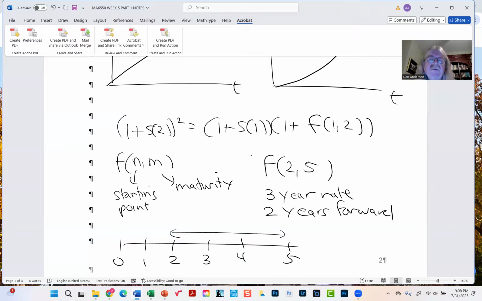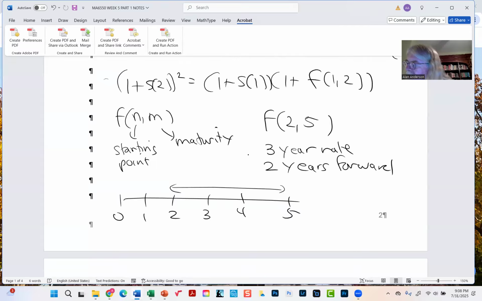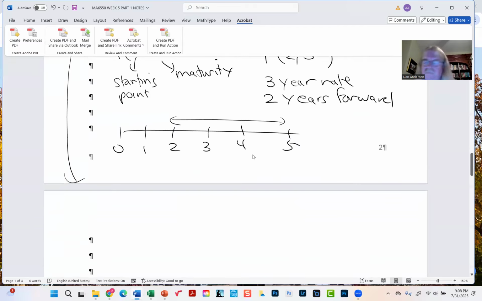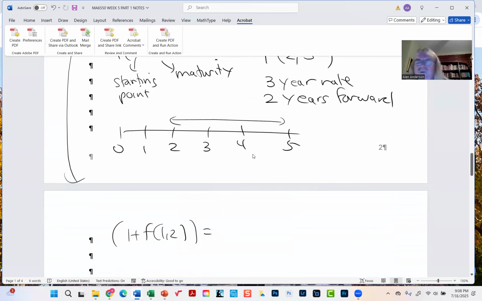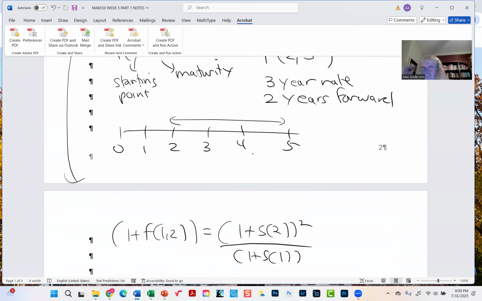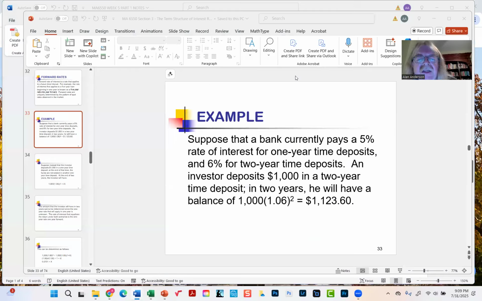Okay, so for this simple case, we can now solve for F12 by rearranging this algebraically. And you'll see that what we've got is (1 plus S2) squared over (1 plus S1). Okay, so if we have a term structure of interest rates where we know the spot rates, we can easily turn around and calculate the implied forward rates. So if we go back to the example we had last time,